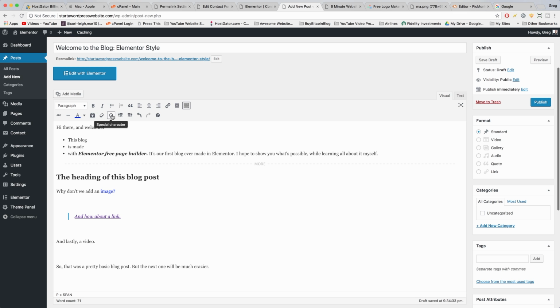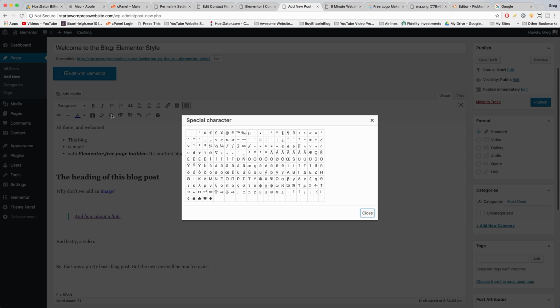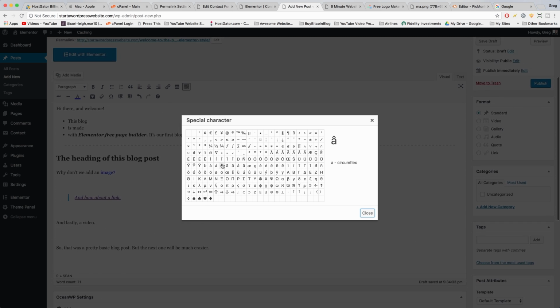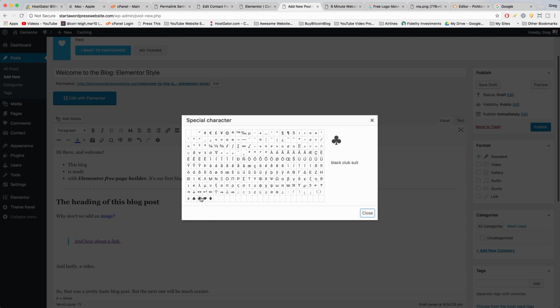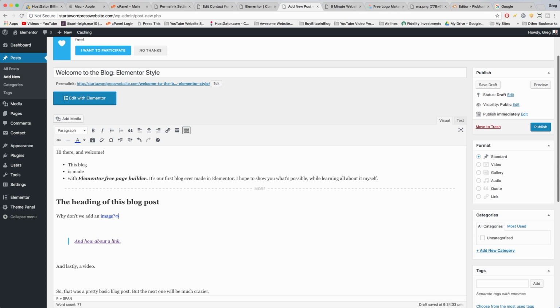Clear formatting and special character are rarely used, although special character does come with a large set of different ways to spice up your blog post, like the infinity sign. Next, you can decrease the indent or increase the indent, although you probably won't need to unless you're really specific about the formatting. And lastly, we can undo, although I just hit Command Z, or redo, and then we have